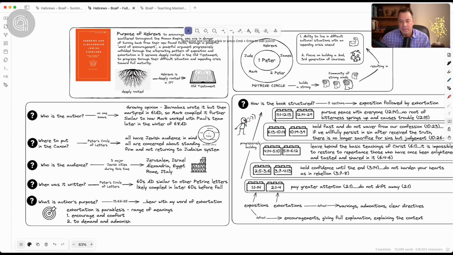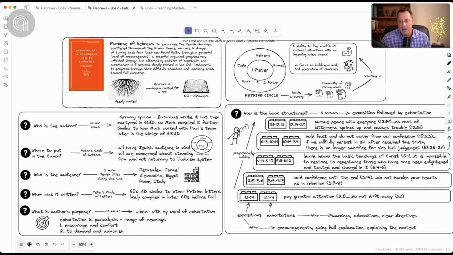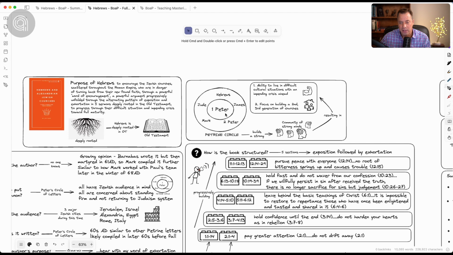But know that Hebrews fits inside of the Petrine circle of letters. And that means it's written to people who are dispersed throughout the Roman Empire. They are 3 decades from Acts 2, from Pentecost. So all those people that came, they received the Spirit, they received miracles,